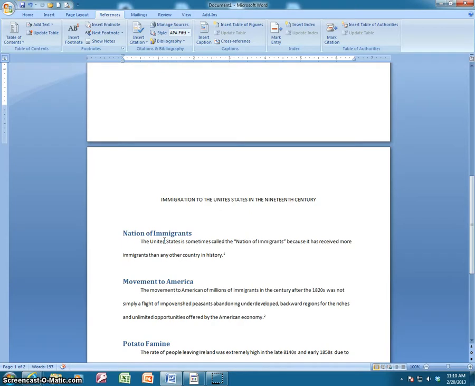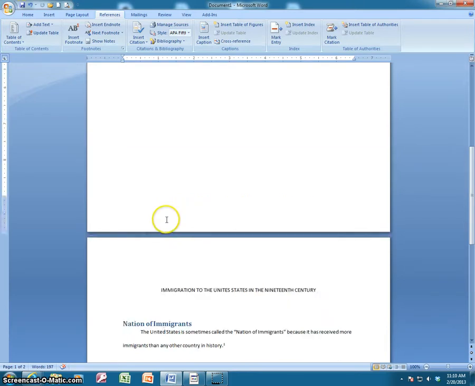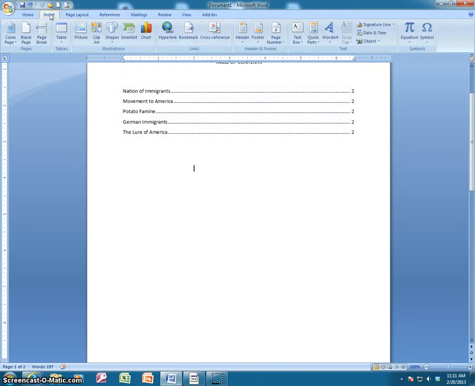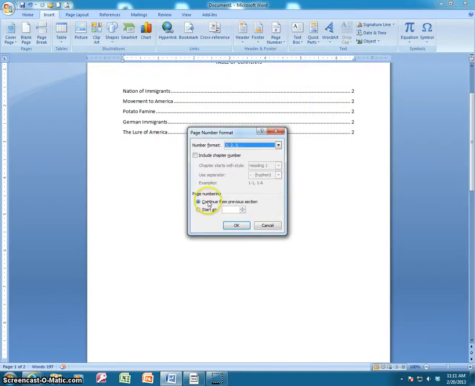Okay, now the next thing I'm going to do is fix my page numbering. In order to do that, with my cursor still on my Table of Contents page, this new page, I'm going to go to Insert, and rather than going into the header or footer piece of information, I'm going to go right to Page Number. And I'm going to decide where I want those page numbers to be. But before I select that, I'm actually going to go into Format Page Numbers, because what I'm going to tell it is that I'd like it to start at page number 0,